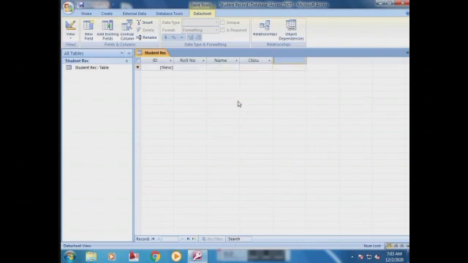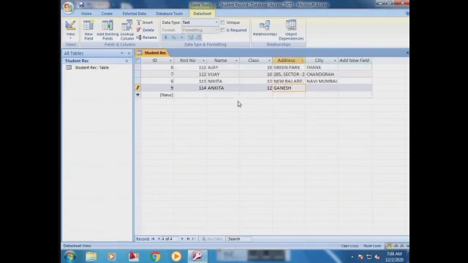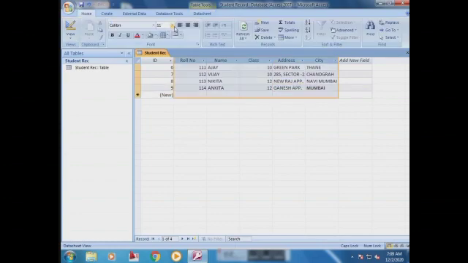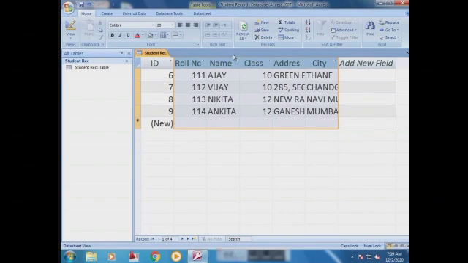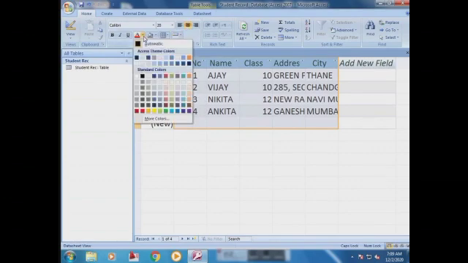After completing the field names, use the arrow key to go to the next record line and type the records row-wise. After typing the table, select the table range, go to the Home tab and change the font size. After changing the font size, apply center alignment to your text and change the color to red.